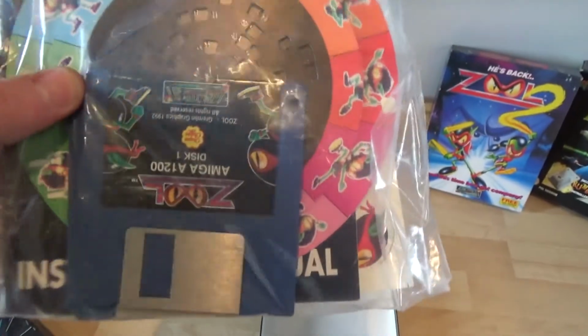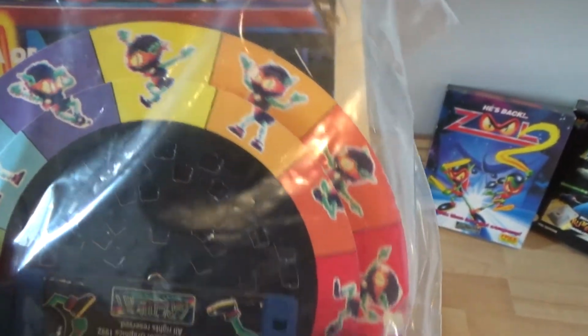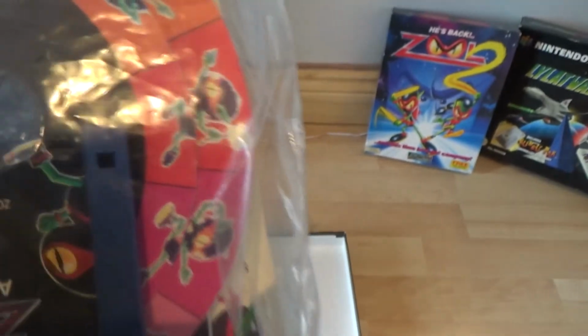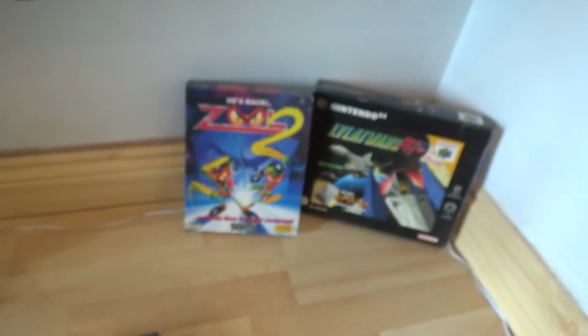Old school, I shouldn't be able to use it. Yeah, back when they were on two floppy disks, and that wheel was its copyright protection. You were given a picture and you had to make the picture on the wheel, and then these windows would reveal a number, and you had to type the number in and the game would begin. My copy of Zool 2 didn't come with the wheel,